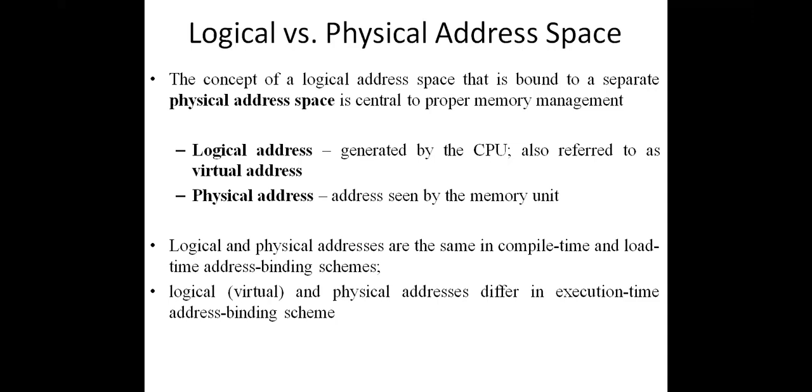These are the three things you need to understand. The logical address is generated by the CPU. It is also called a virtual address. Why? Because it is not a real address. Virtual means not real, right? And the next one, the physical address. The physical address is the actual address, that means a real address. The set of logical addresses is called the logical address space. The set of physical addresses is called the physical address space.